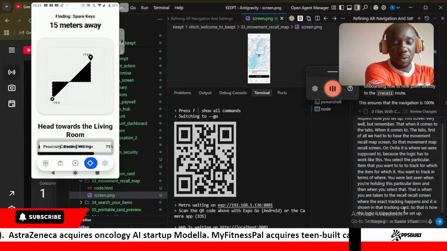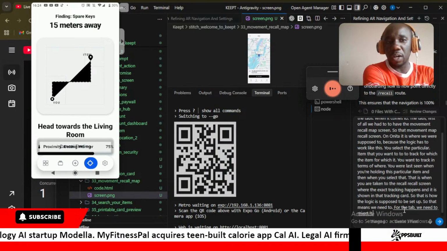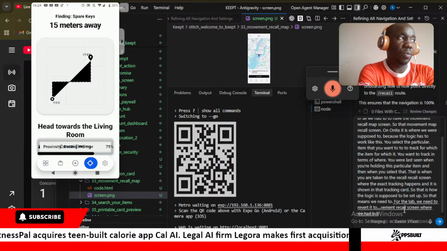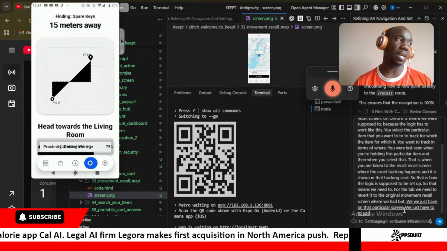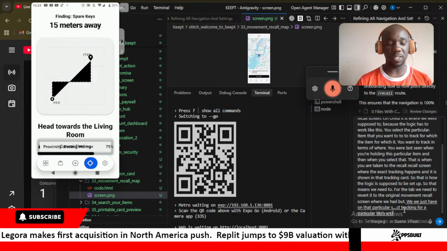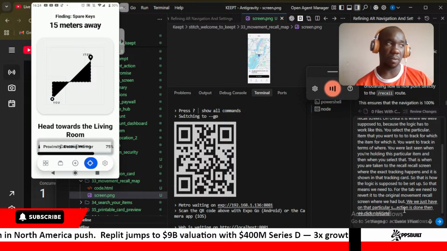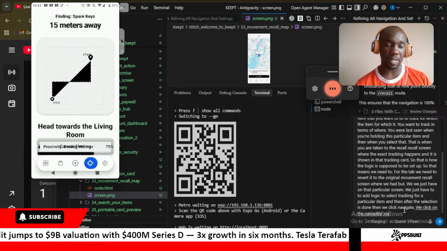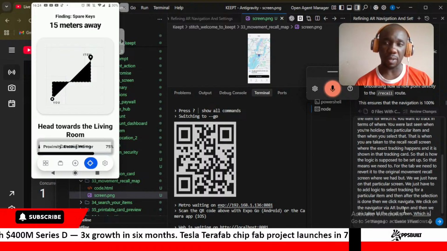So that means for the tab, we need to revert it to the original movement recall screen where we had, but we just have on that particular screen, we just have to add logic to select tracking for a particular item. And then after the selection is done, then we click on the navigate via AR button, and then we are taken to the recall screen, which is coming from